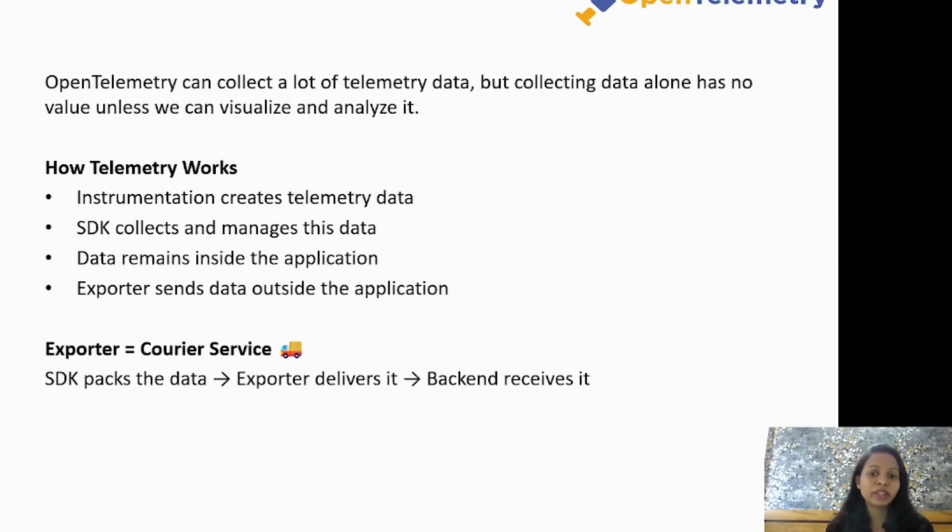Let's start with a very fundamental question. Why do we even need exporters? OpenTelemetry helps us collect telemetry data, which includes traces, metrics, and logs, which basically help us understand how a request flows, CPU, memory and response time from metrics, and logs are the events and errors. But imagine this situation. Your application is generating thousands of traces, but no one can use them. That data is useless unless it reaches a system where you can visualize it, you can search it, you can